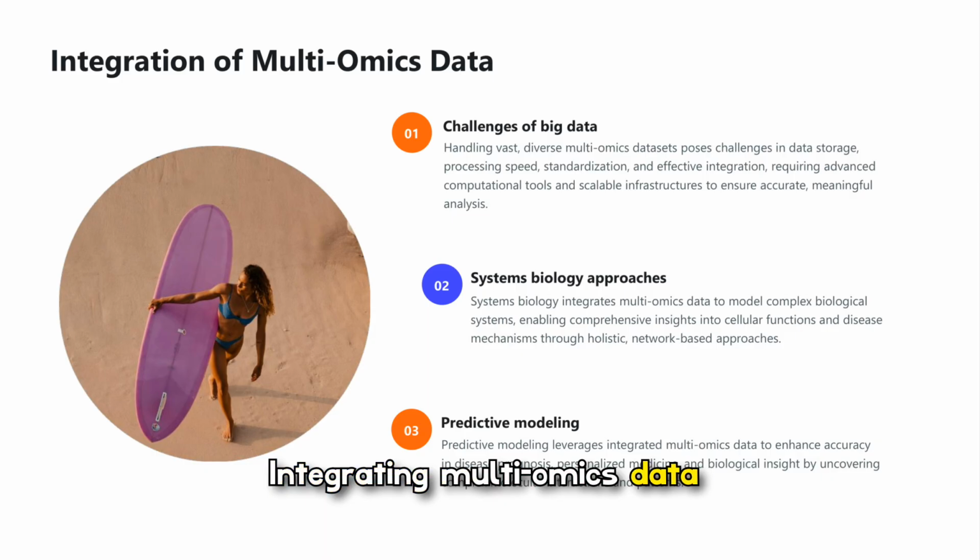Integrating multi-omics data presents major challenges, including storage, standardization, and computational scaling, but it also enables systems biology approaches that model complex interactions across molecular layers. Predictive modeling that combines genomics, transcriptomics, proteomics, and metabolomics can improve disease prognosis and personalized treatment by revealing hidden molecular